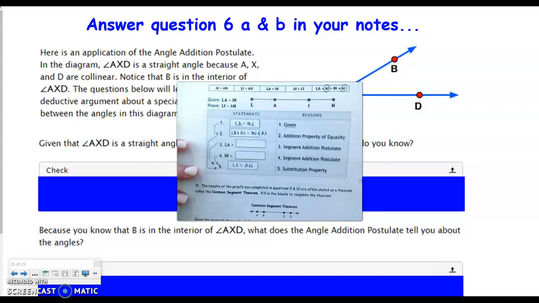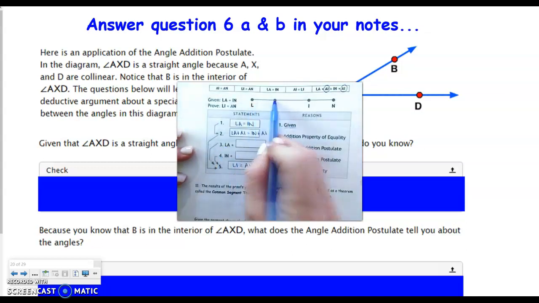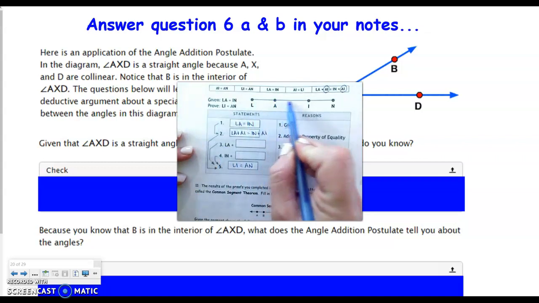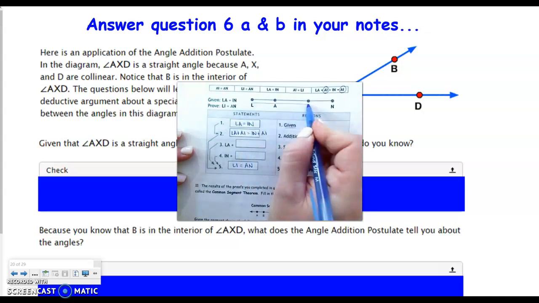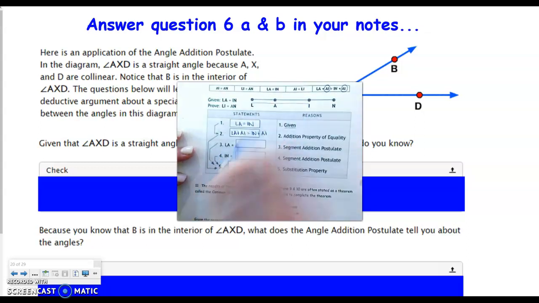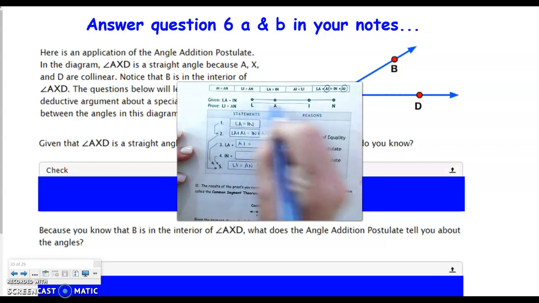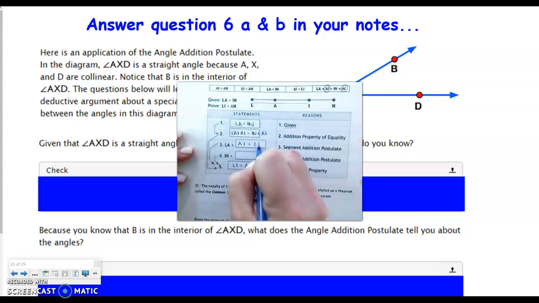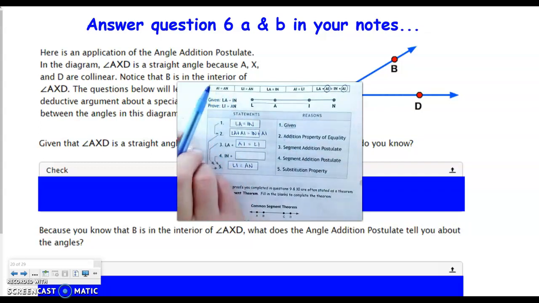The next two are segment addition postulates. Remember, those are parts adding to equal the whole. Now the addition part is already given here for us, so what are we adding to LA? Well, LA is this part. The part next to it is AI, and those two parts together make LI. So I'm going to write LA plus AI equals the whole thing, which is L to I. So you can see that AI equals